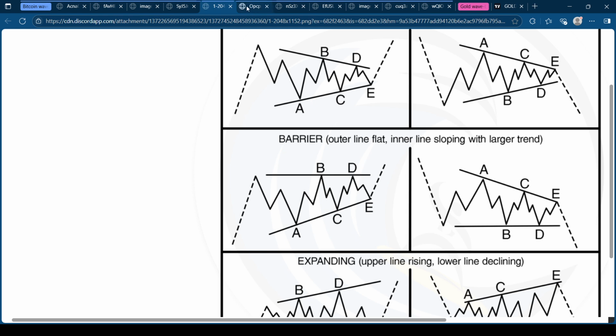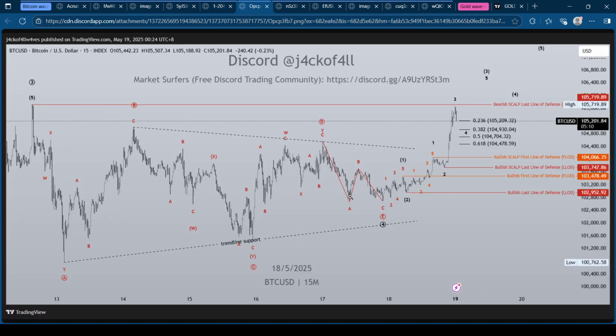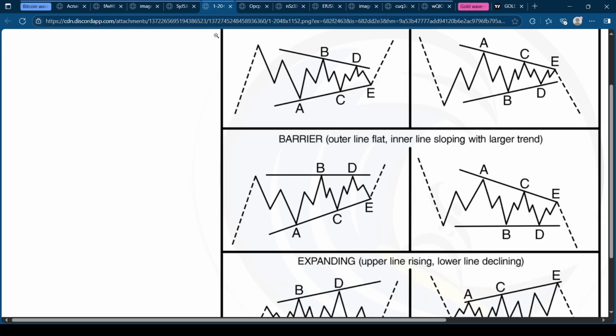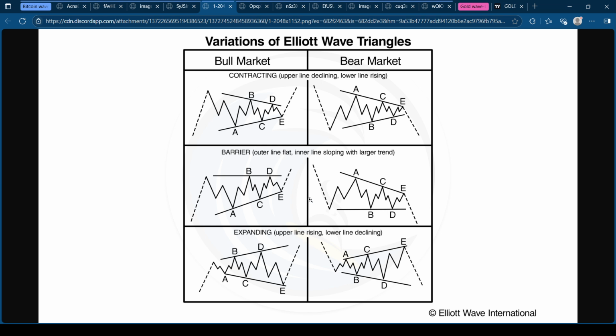Let's see what happened after. So what the market gave us is a contracting triangle. From here, it went down and created a declining line BD, the encircled BD here, and then we continued the internal waves ABC. From here, just like what I have shared in my community, the best timing to trade a triangle is the wave E.